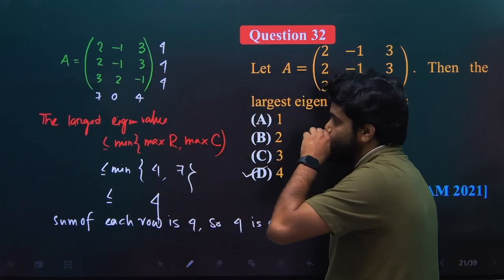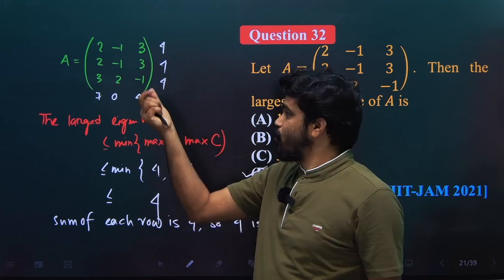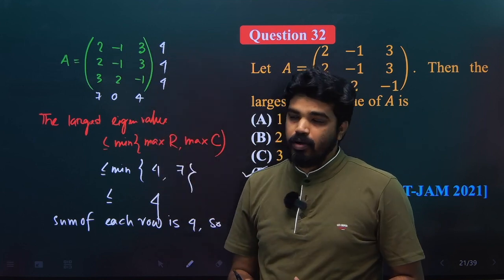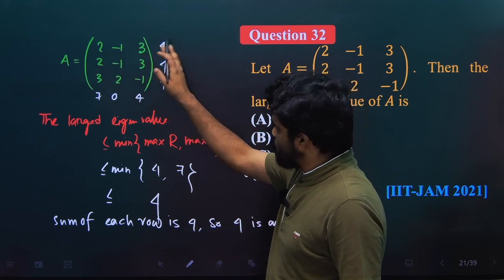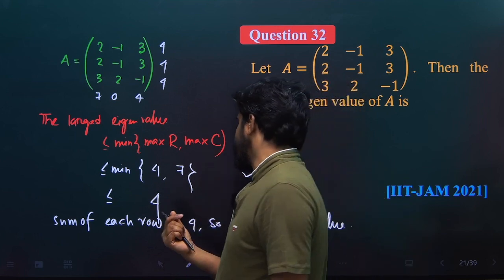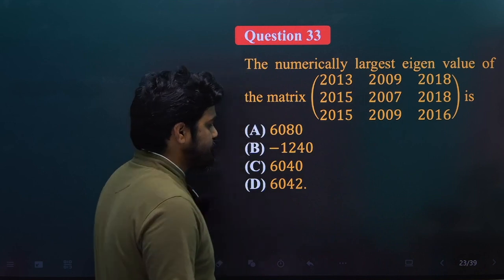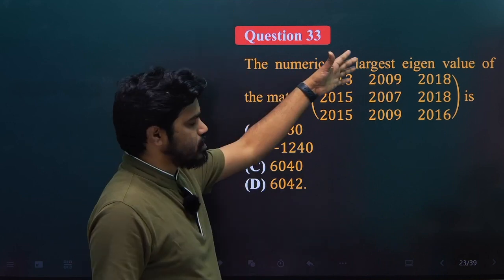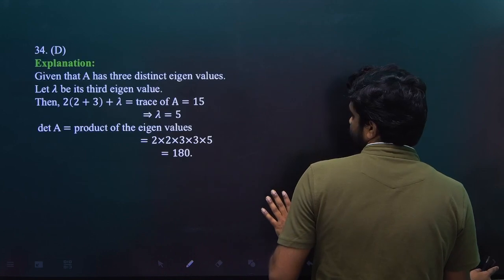Sum of each row, প্রত্যেকটা রো এর সাম করলে যে ভ্যালুটা পাবে সেটা সেম হয়, so that must be an eigenvalue. Here we see that sum of each row is 4, প্রত্যেকটা রো এর সাম করলে আমি 4 পাচ্ছি, so 4 must be an eigenvalue, so it is a very very important property. Similarly you can solve this problem, same problem, largest eigenvalue, so I think you can solve it. So next,